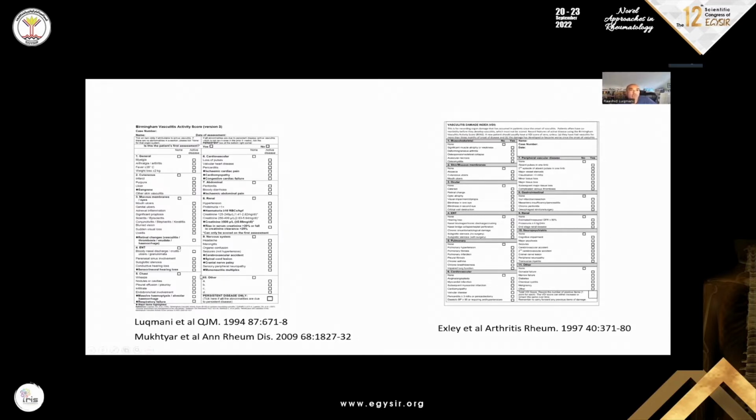It's a single one-page piece of paper which has an item list, a checklist for you to document the disease that you see in your patients, and there are some guidances around how to evaluate BVAS and some arbitrary time